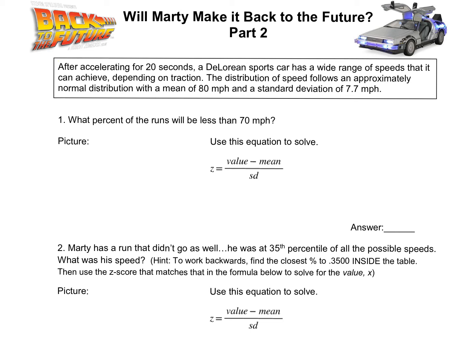All right, so we worked through these a little bit, but a quick little refresher here. So number one, just finding our value. So we need to find our z-score. And our value is 70 minus 80 over 7.7. That then simplifies down to